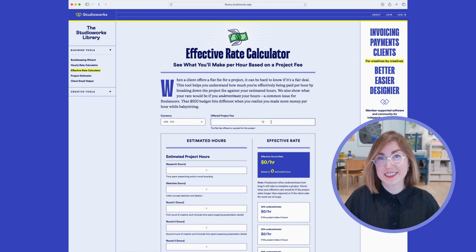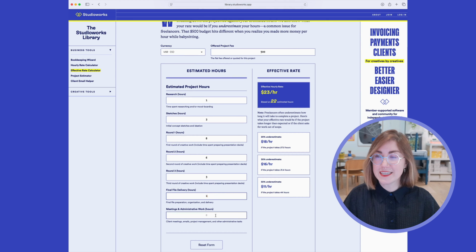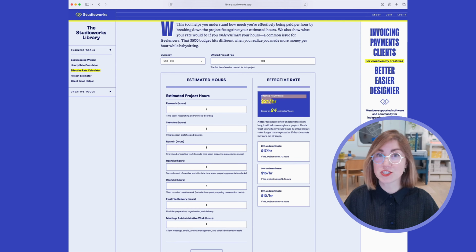And then another tool that has to do with pricing is the effective rate calculator. So the effective rate calculator is basically, is this job worth it or not? So we all get jobs that come into our inbox for like a logo for $500 or something for $200 or something like that. And what this tool allows you to do is put that budget in and then add your estimated hours, and it actually just shows you in plain English what your actual hourly rate will be while